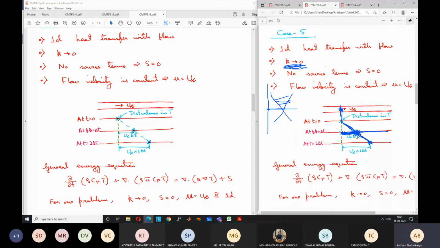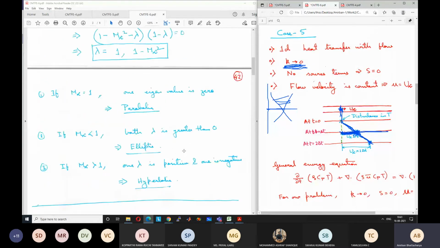Why is this hyperbolic behavior? Let me again explain. Because the information is bounded in a small region. It is not spreading over the entire space with time. So in a parabolic type of problem, what we have seen is that although along the time it is just traveling in one direction, along the space it was spreading over the entire region. But here along the time, obviously we are going forward in time, but the information is still located to a specific region, which is hyperbolic type of behavior, what we have seen here.